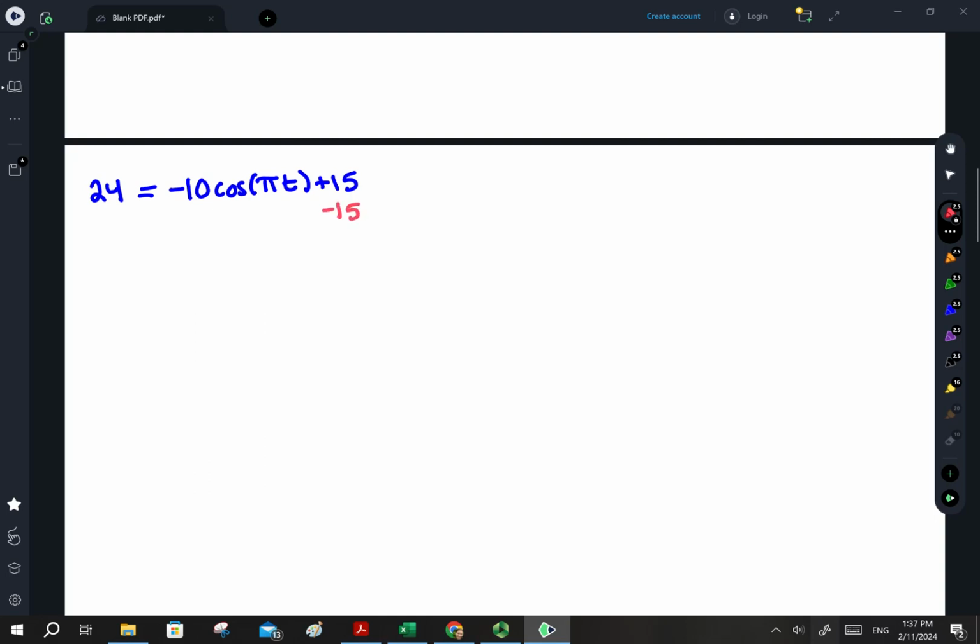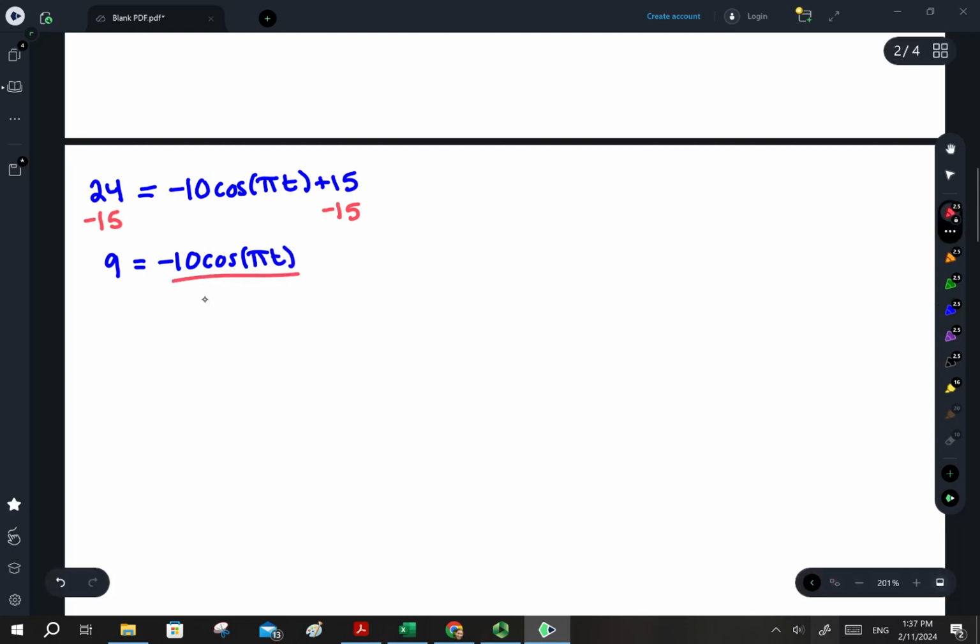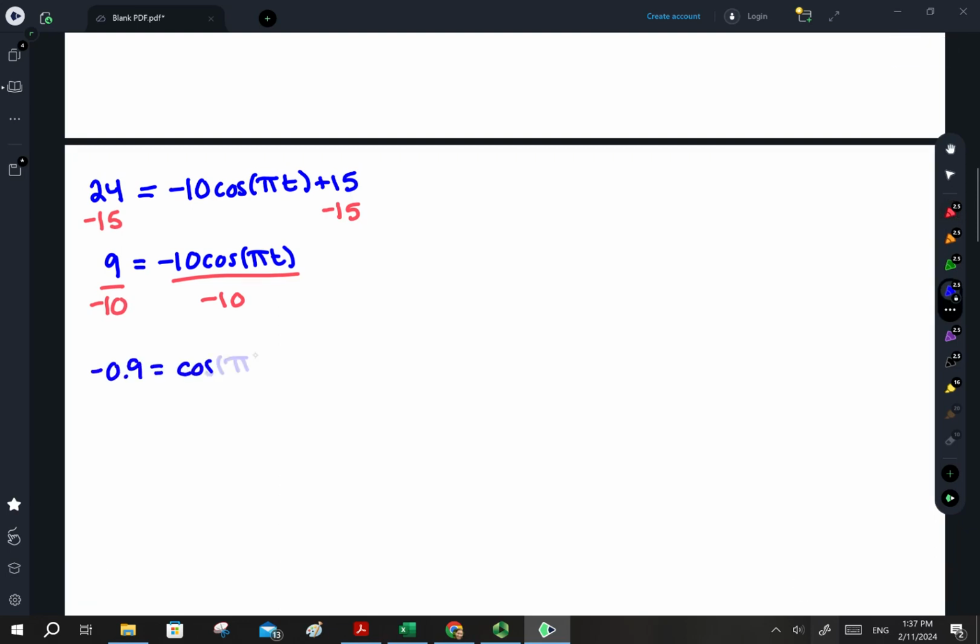So for this problem, I subtract 15 from both sides first to get 9 equals negative 10 cosine of pi times t. And then I divide both sides by negative 10 to get that negative 0.9 equals cosine of pi